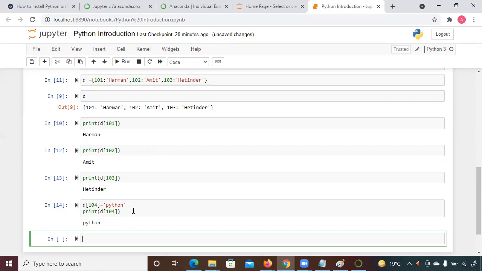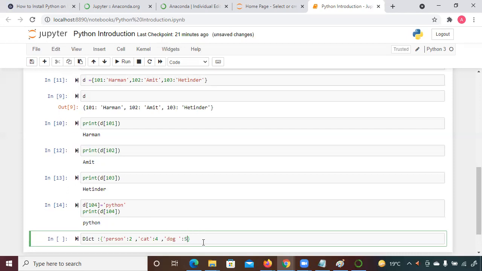Okay, so let me take some more examples on dictionary. I'm creating a dictionary, and in this dictionary, let's take anything like cat, and it has a value, suppose 4, and let's take another animal like dog, having a value, suppose 5.